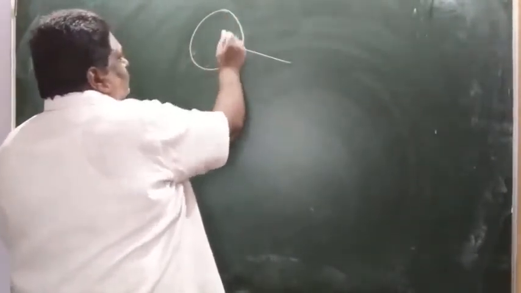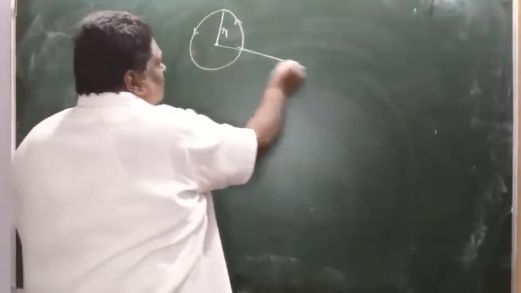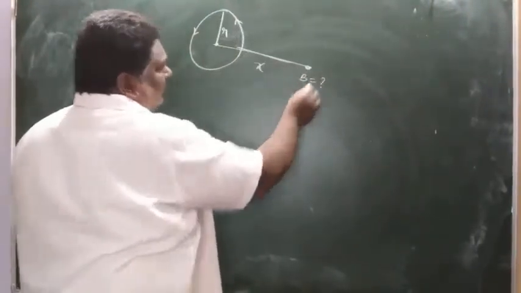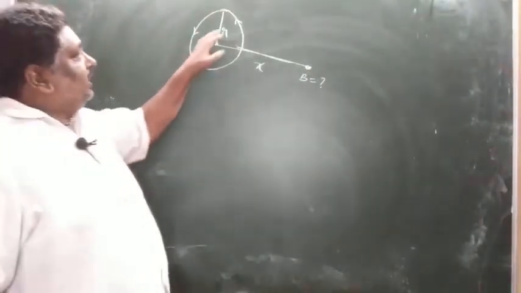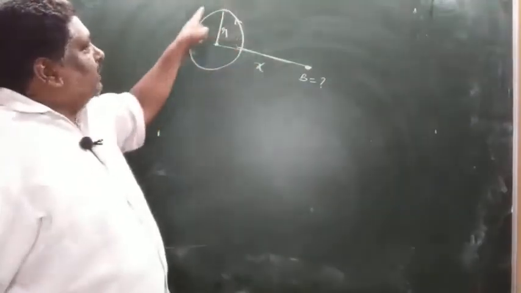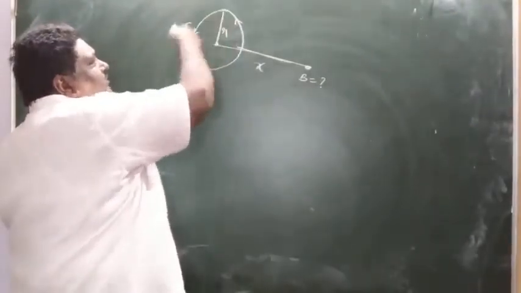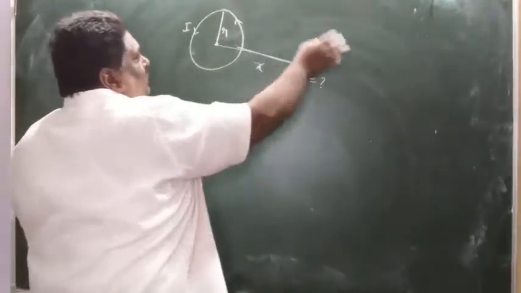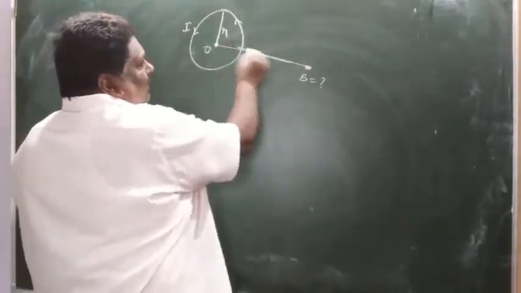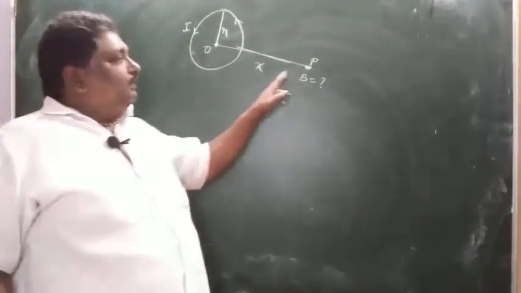Here it is a straight circular conductor. Its radius is r. From this conductor at x distance, what is the magnetic field? Here is a straight conductor bent into a circle. Now current I is passed through it, then it produces a magnetic field surrounding it, spreading on both sides. From the center at some x distance, one point is called P. At point P, what is the magnetic field?